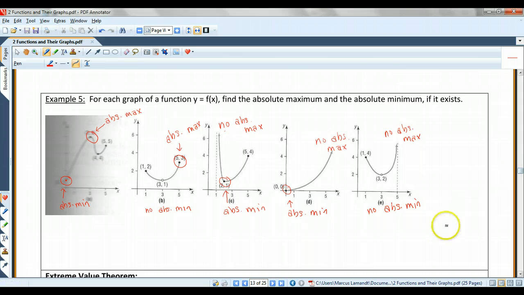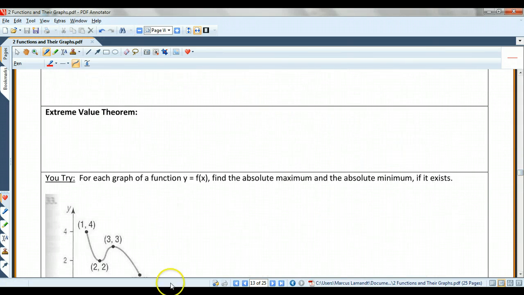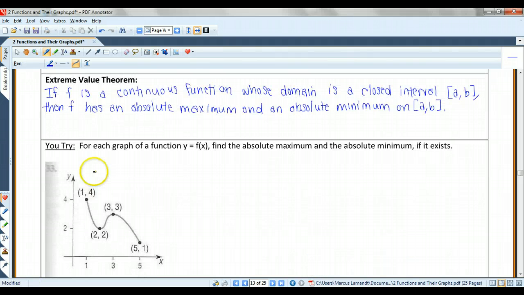Extreme value theorem. I'll go ahead and write this out. Alright. If f is a continuous function whose domain is a closed interval AB, then f has an absolute maximum and an absolute minimum on AB. So this is saying that if f is continuous, but there's no discontinuities anywhere, on some closed interval, that means,